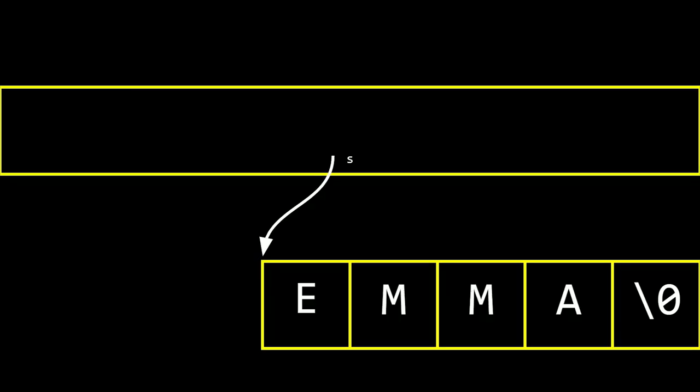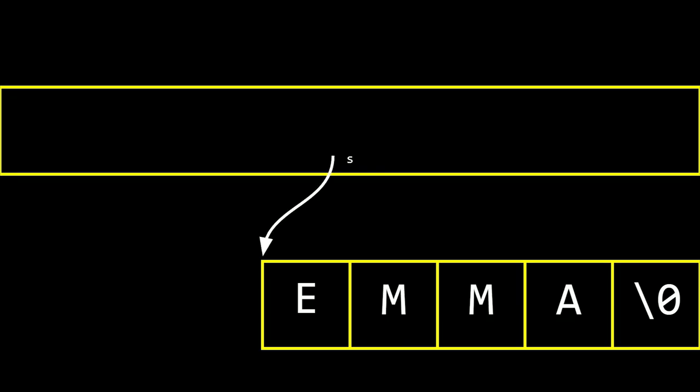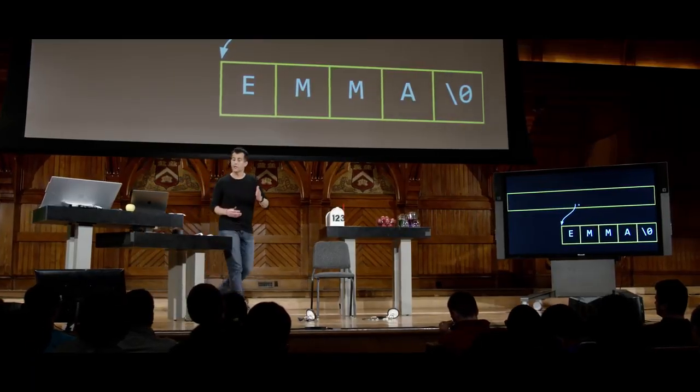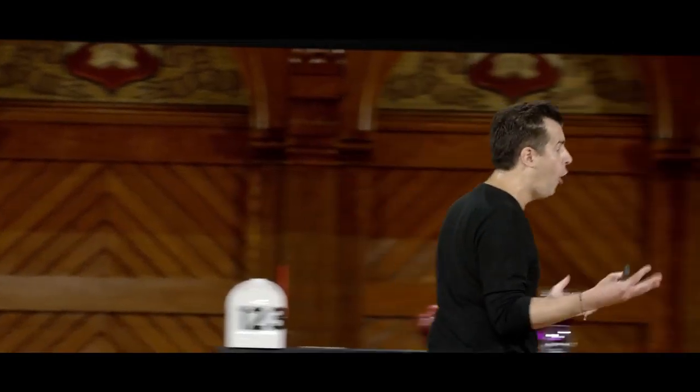Because if s stores the beginning of Emma's name, 0x123, and that's indeed where the e is, but we just draw this pictorially with an arrow, how does the computer know where Emma's name ends if all it's technically remembering is the beginning? The null terminating character. And we stipulated a couple of weeks ago that that is important, but now it's all the more important because